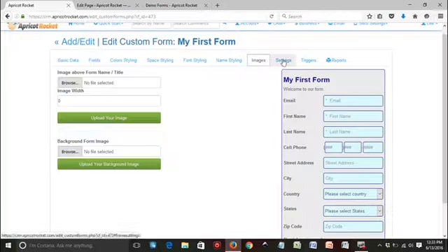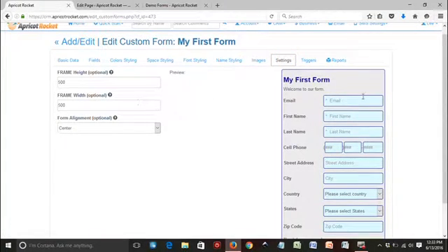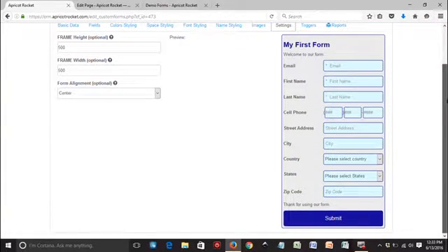That's a lot of fun. And then you have settings. Now forms have different heights, and when you paste a form on your web page, you're going to need to play around just a little bit with the form height, the frame height, to make sure that it looks right on your page. So I have a frame width of 500 by default and a frame height of 500, but